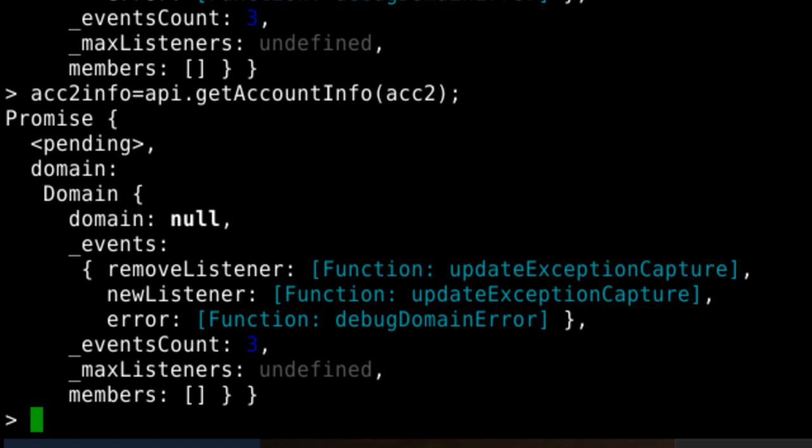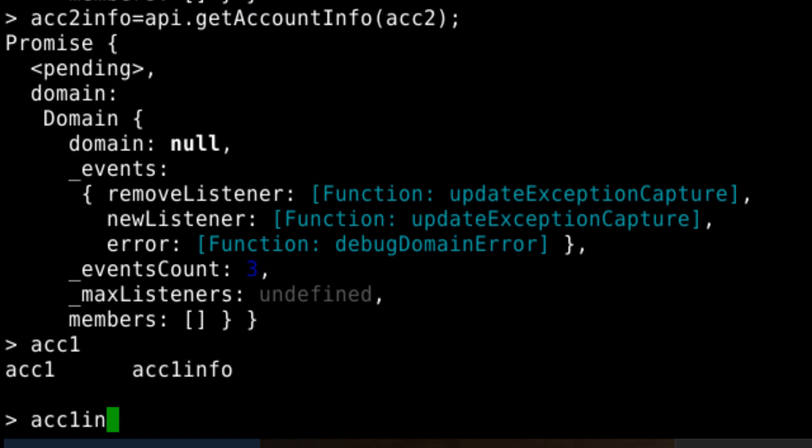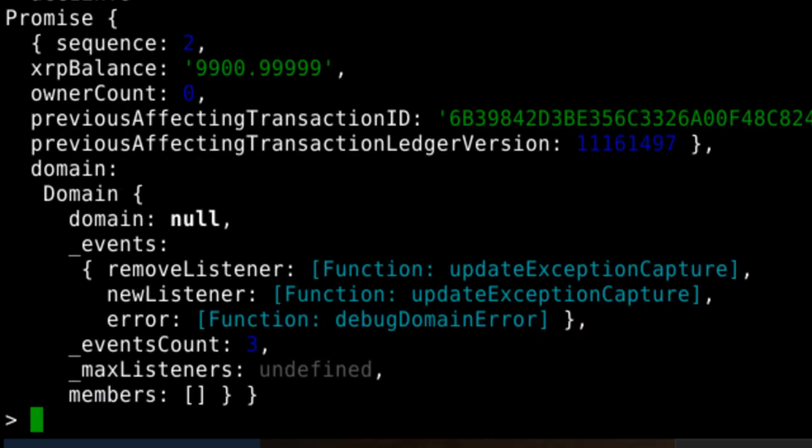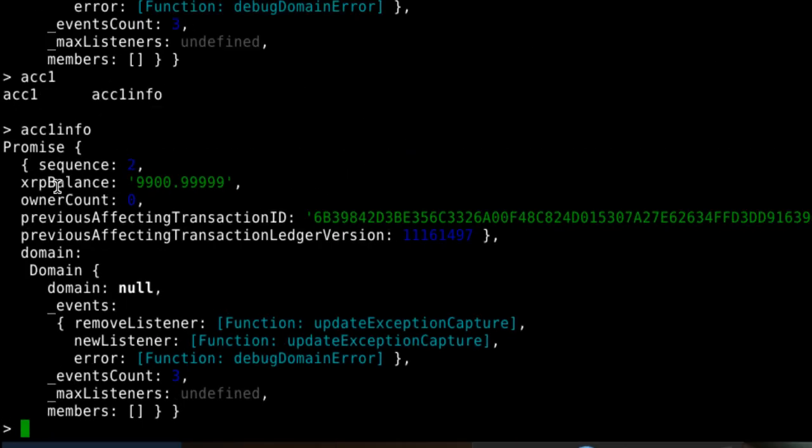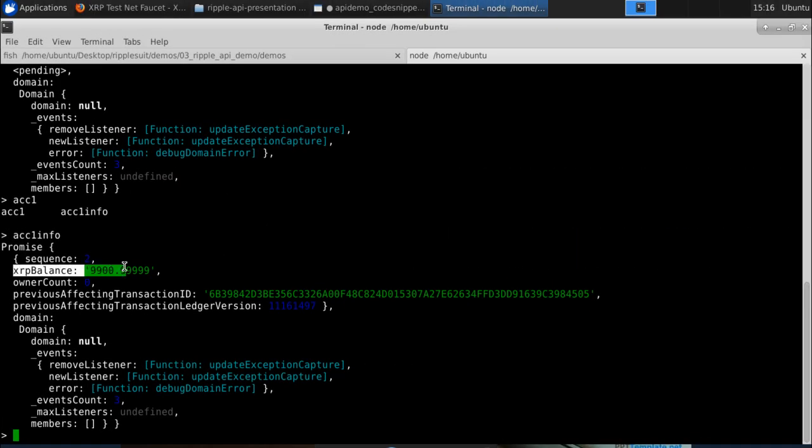Now we'll check ACC1 info. And here you will see the XRP balance is reduced. Previously it was 10,000 XRP, now it is 9,900 point something.